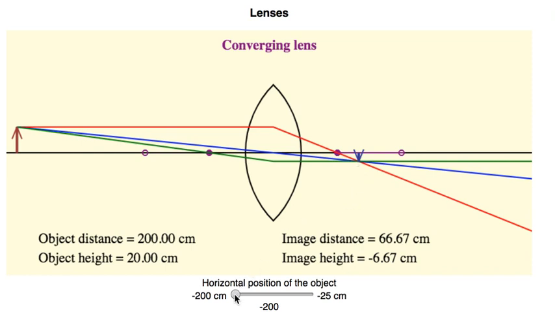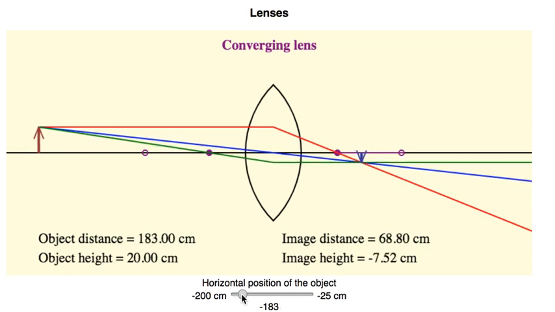So we can change the object distance. So it's gone from 200 to 180. And then we can see what would happen to something like the image height. So we could do an experiment to say, how does the distance from the object to the lens affect the height of the image? Now it says minus